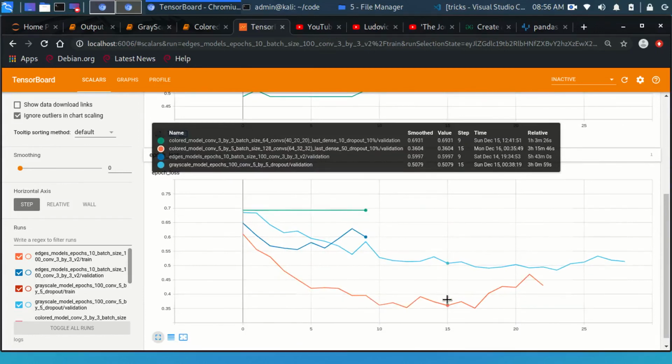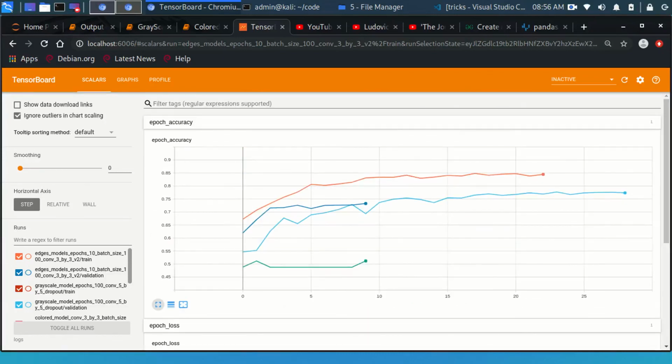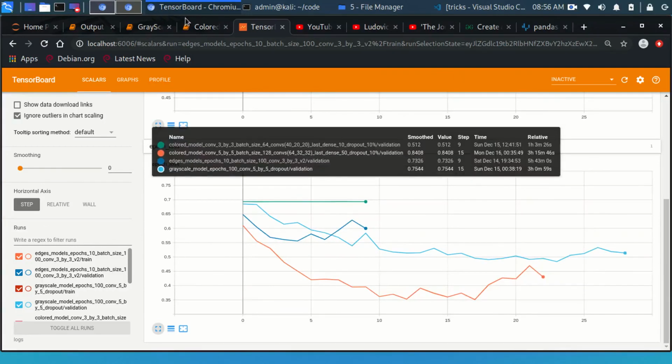And even though each loss actually went lower than the grayscale model, it actually now performed basically better. So with that in mind, this is evidence that if you're training a model and you're using batch size, it's actually going to be a more performant model than without it. But still, to prove this, I'm going to perform 2 more tests, trying it with a 256 batch size